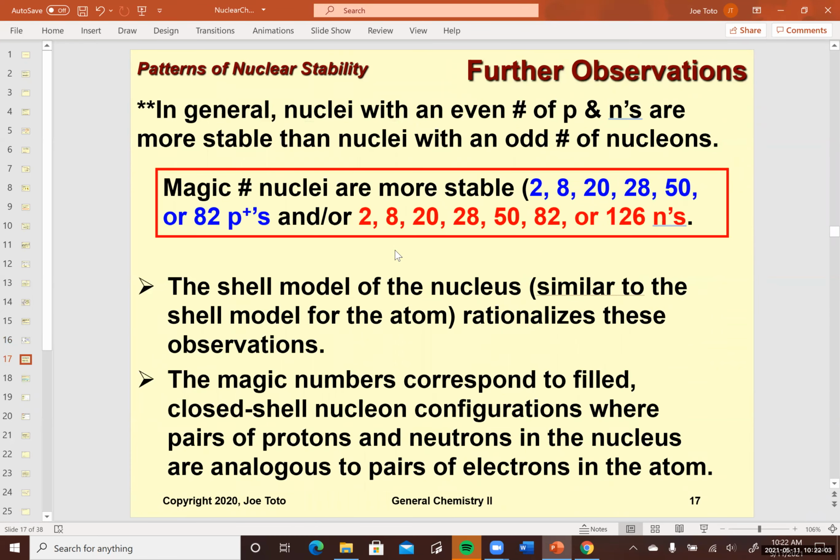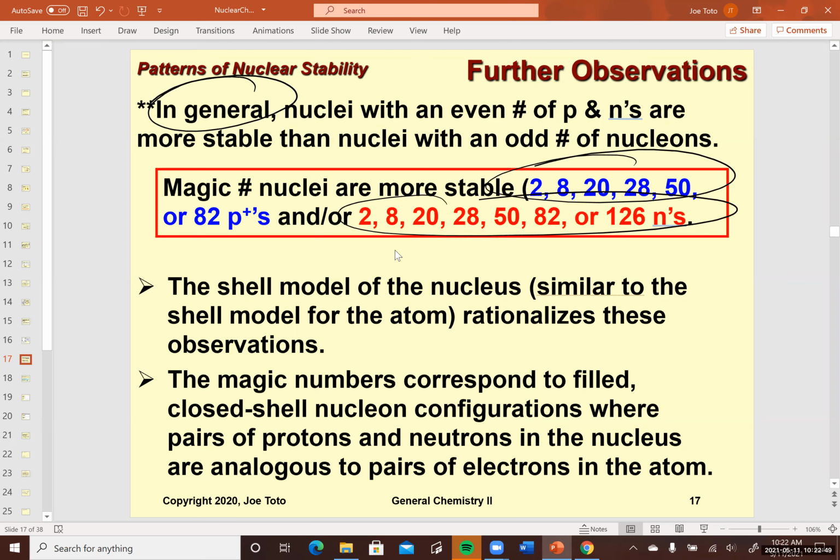There are these so-called magic numbers for nuclei too. If you're asked to predict whether this nuclei, this isotope of an element, is stable or not, one of the first things you can look at is if it has these magic numbers for the number of protons or the number of neutrons in the nucleus. In general, though, even numbers of protons and neutrons are more stable than odd numbers. So the magic numbers are always even